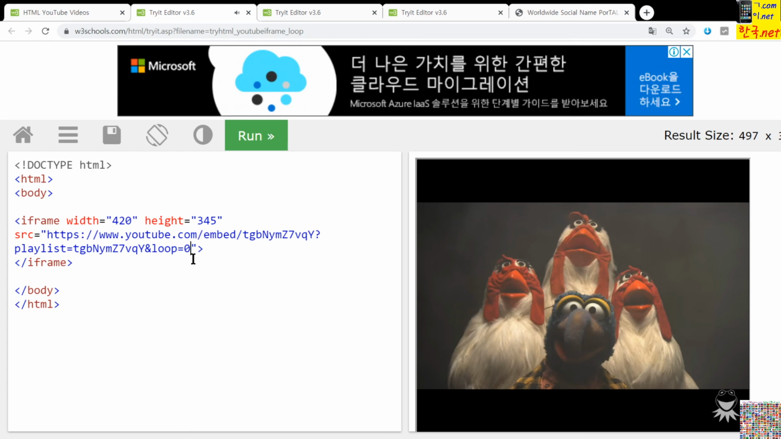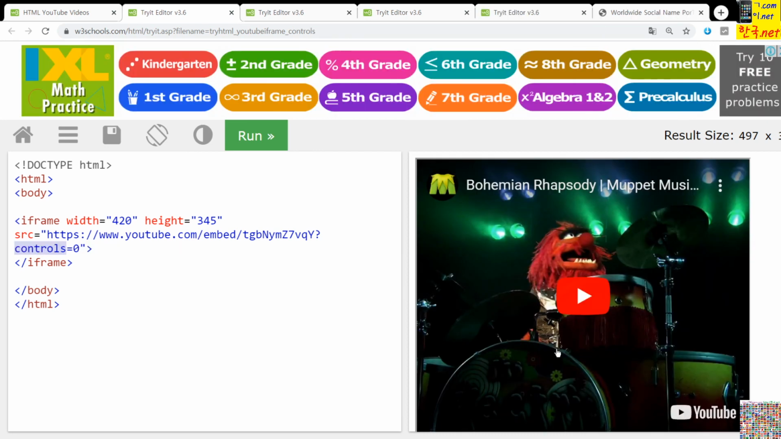Let's look at these controls. And here in this URL, this parameter, variable and value pair, those are attached here. And with this one we can control the control button here. If that is 0, then there is no control button here. Let's try to